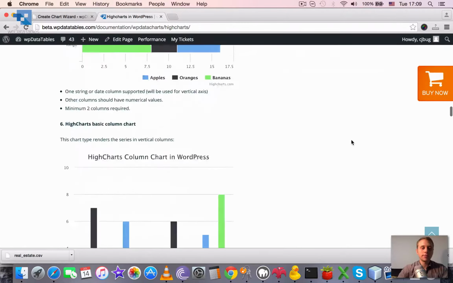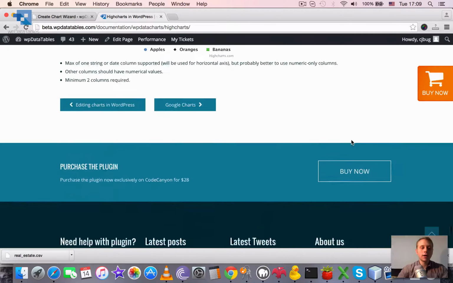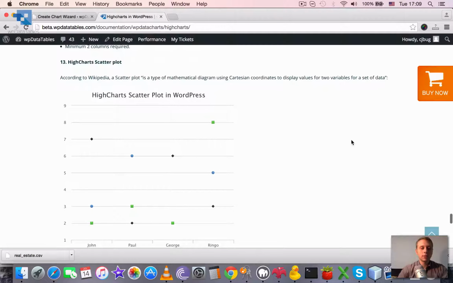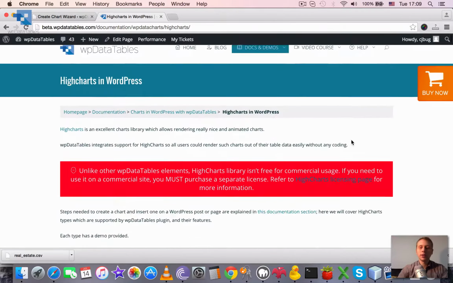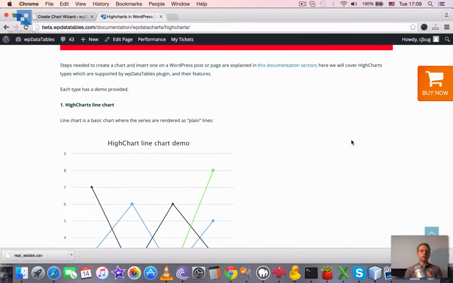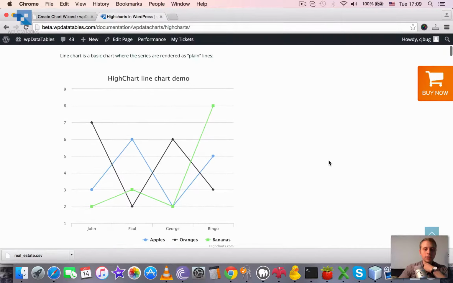So basically there are 13 HighCharts chart types currently supported. Maybe later we will add more, but I think we have a majority already covered. First one is HighCharts line chart. So each series is rendered as a line, and